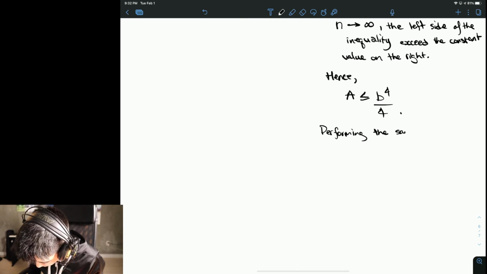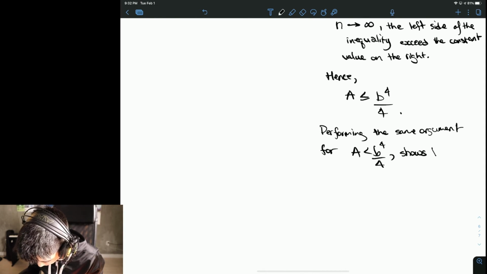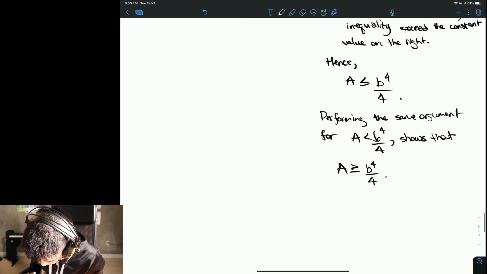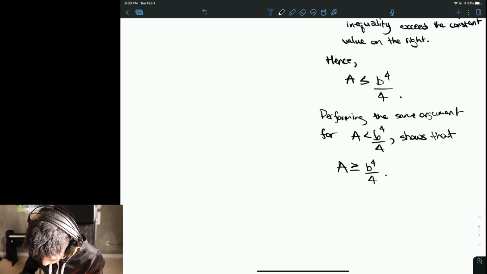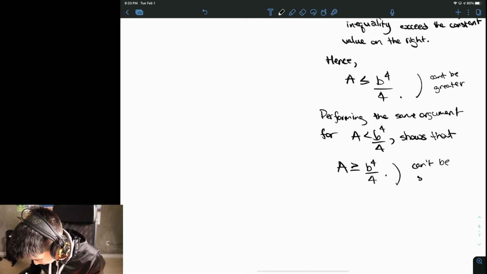Performing the same argument for A being less than b4 over 4 shows that A must be greater than or equal to b4 over 4. And since it can't be greater, and it can't be smaller,